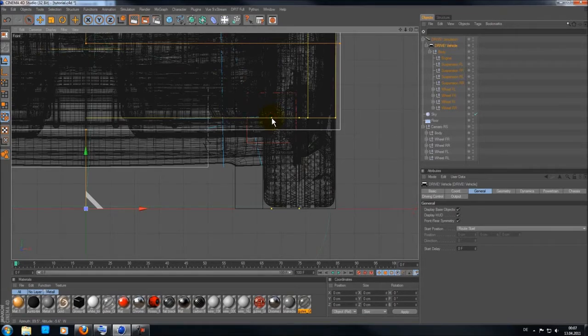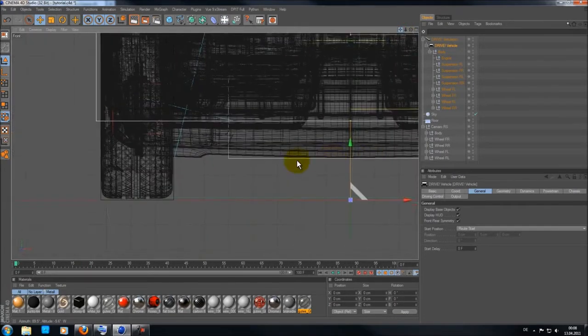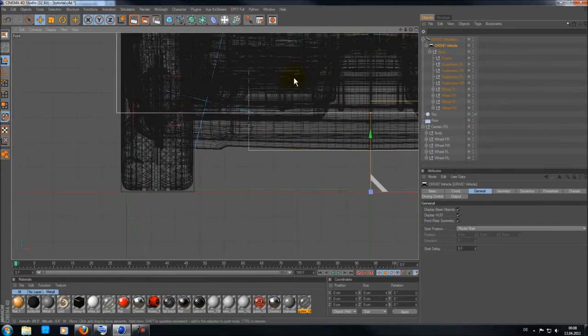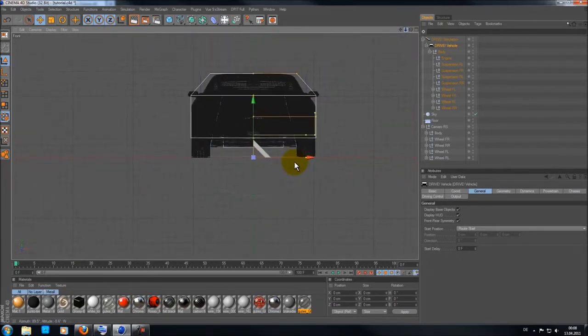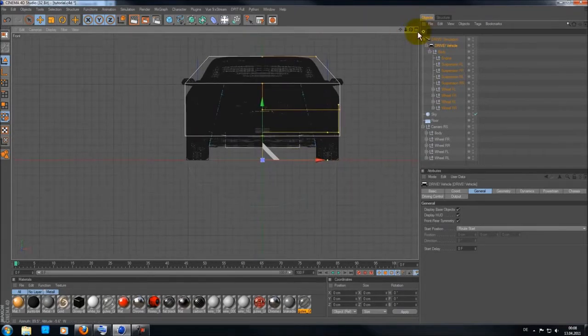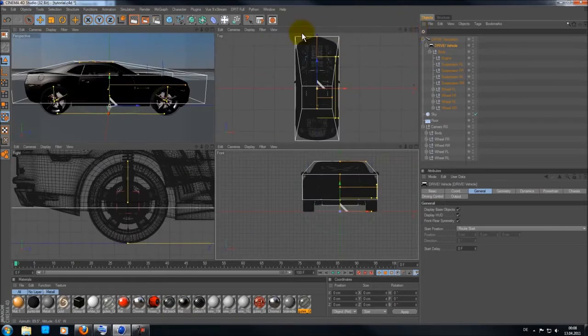Take the front wheels. Alright. Next side. Oh, this looks pretty good. Very nice. Okay. So before we move on,